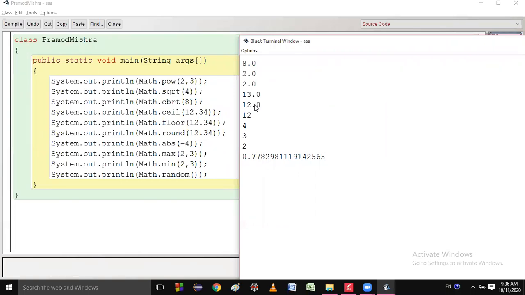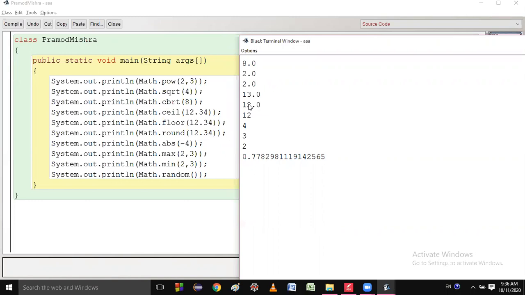That means for 12.34 you will get 13. And relate floor with the floor of your home. So for 12.34 you will get 12.0.